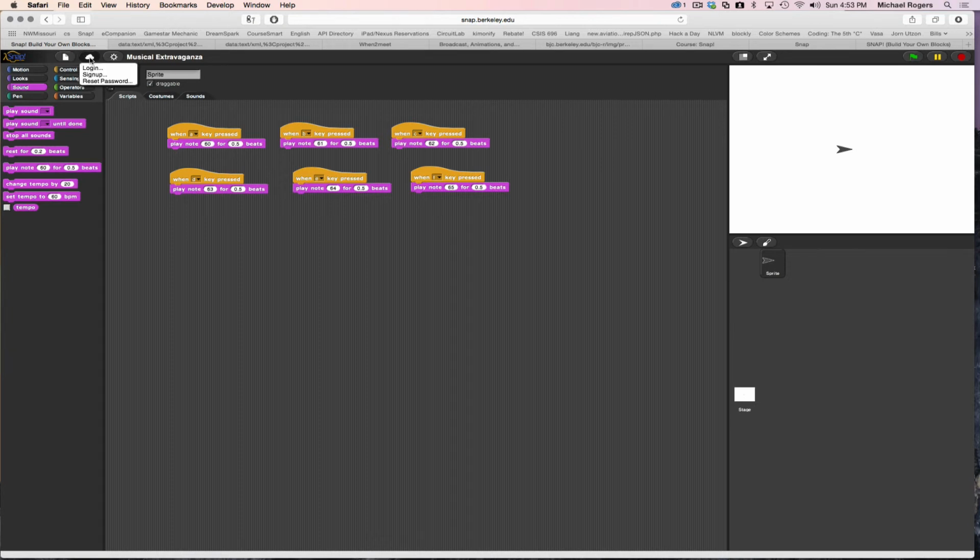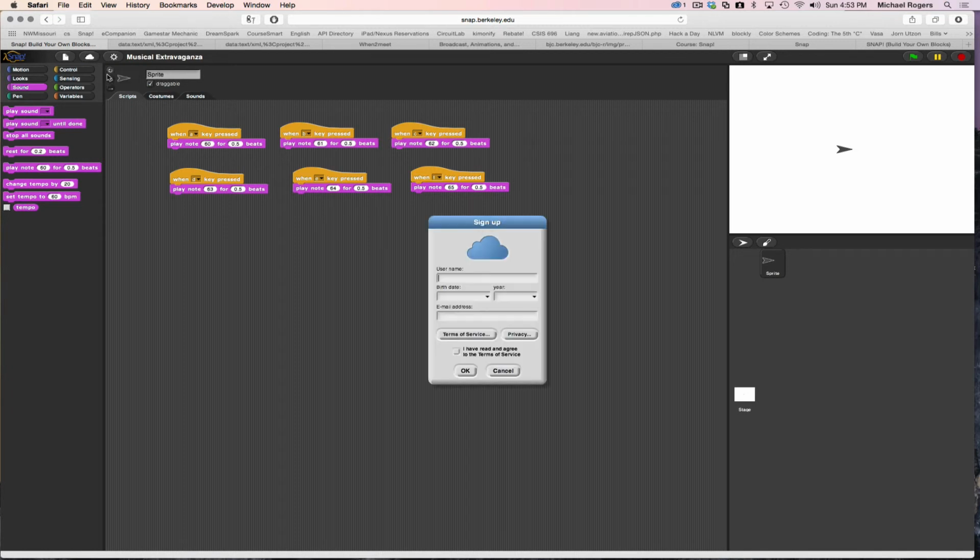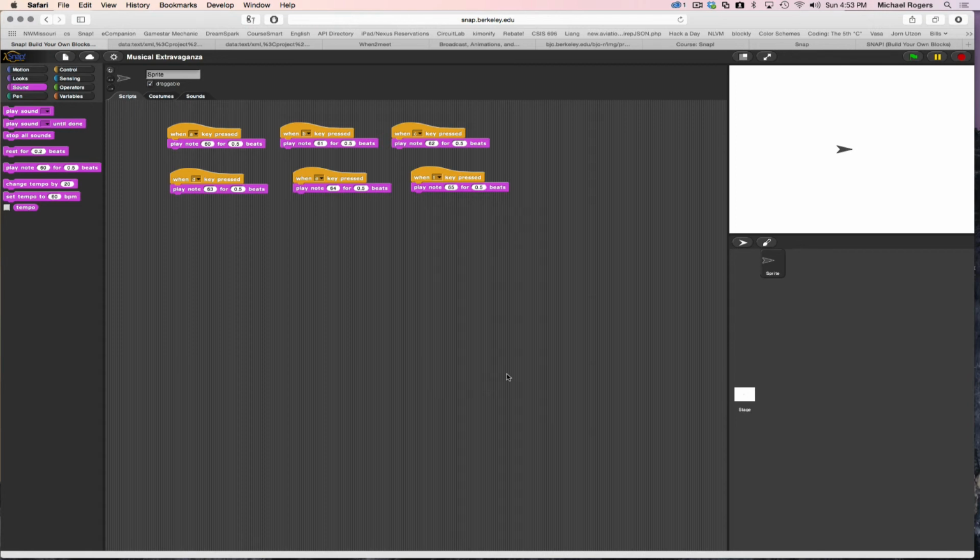So if you have not done this already, feel free to go and get an account from Snap. It's from UC Berkeley. It's pretty secure. They are very, very cognizant of the importance of privacy. You can put in a username. I believe you can just put in any birth date and year that you want, and your email address. They will then give you an account. They'll email you a password. Once you've got that password, you'll go to log in